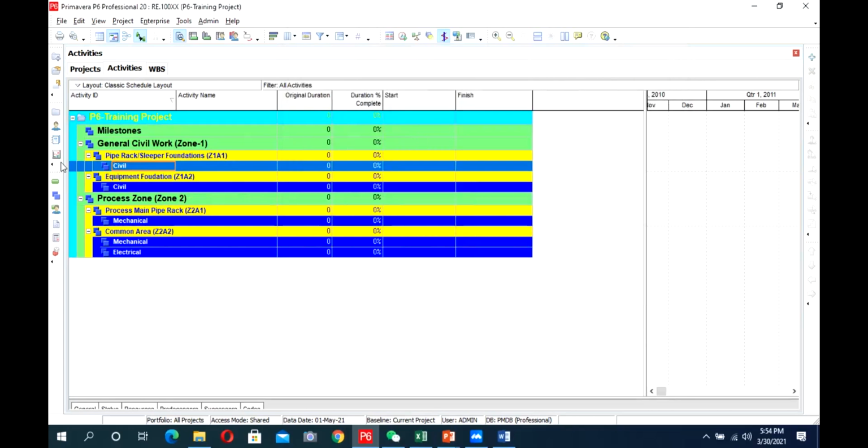So on the first level, its color has changed. You can change the font size also. This tab is basically used for this purpose. So this is our exercise regarding the WBS. Then our next exercise is activity codes and values.